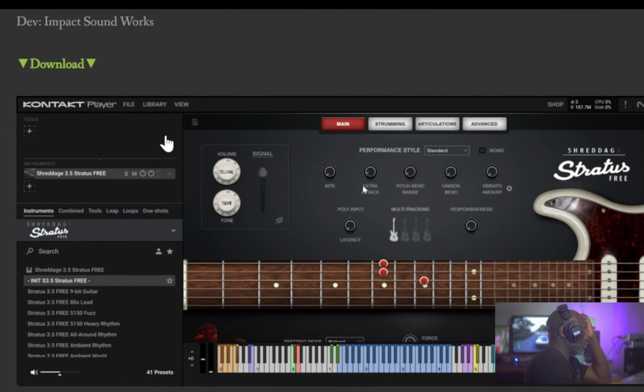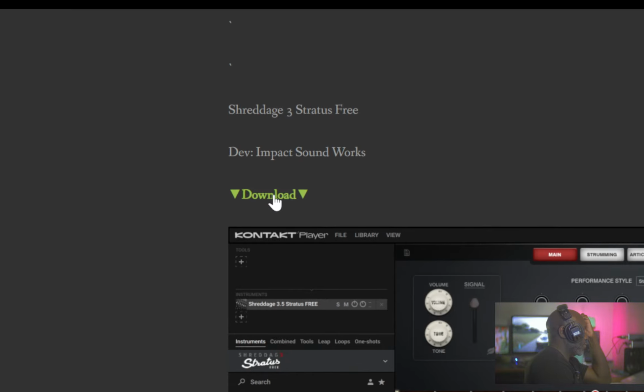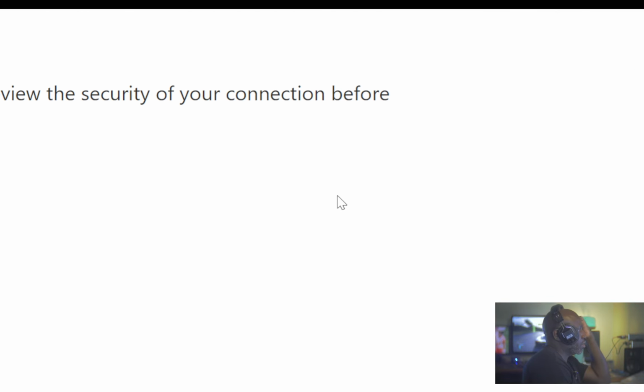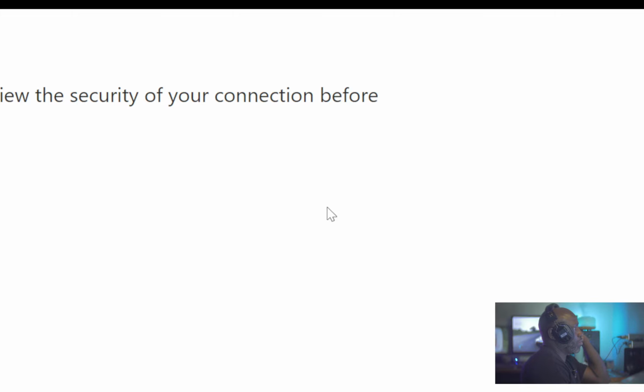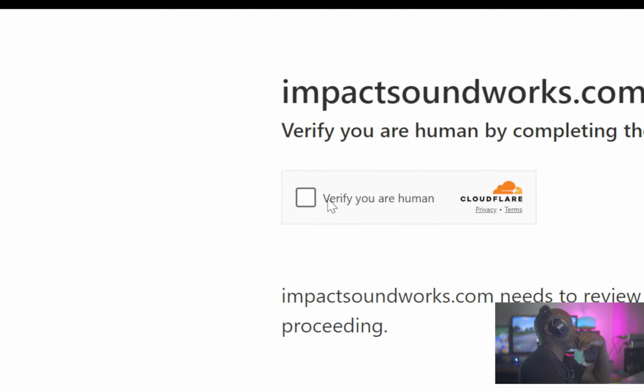Next up, Shreddage 3 Stratus Free. So from Impact Soundworks, they have a bunch of guitar